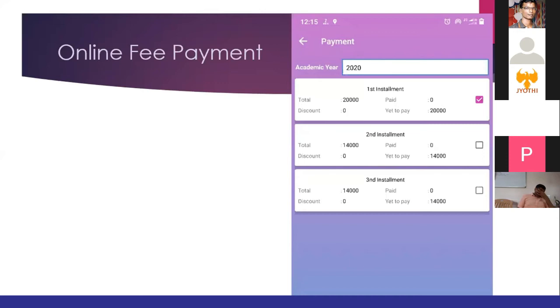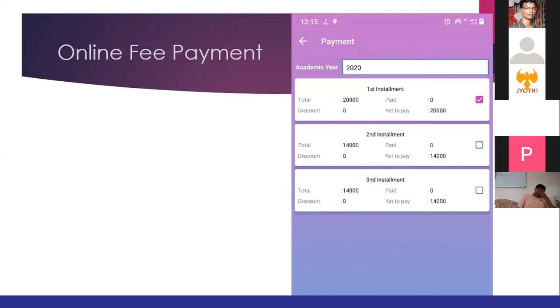They can click the payment option, which navigates to the payment gateway. There the parent can select their wish, whether to pay through credit card, debit card, net banking or UPI, and then pay. After payment, to download the fee receipt there is a separate icon.